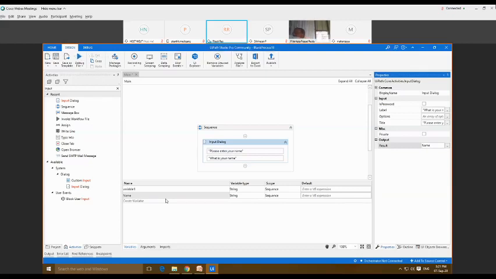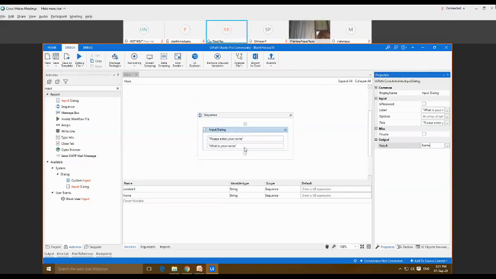You can see here this sequence is our main file, and under this sequence file, depending upon our application, we have to connect a number of activities. We'll discuss that in detail tomorrow. The main aim of my today's session is to discuss the variable.